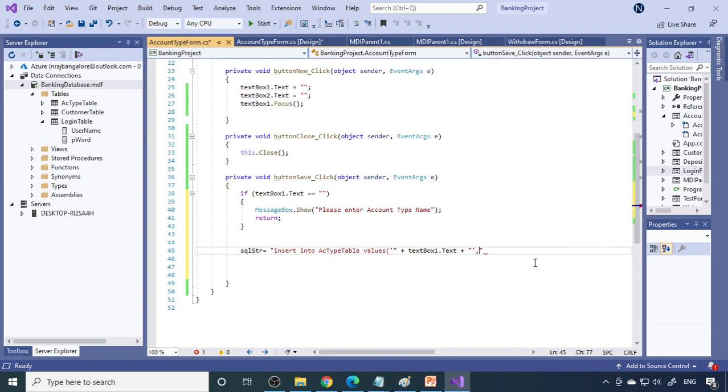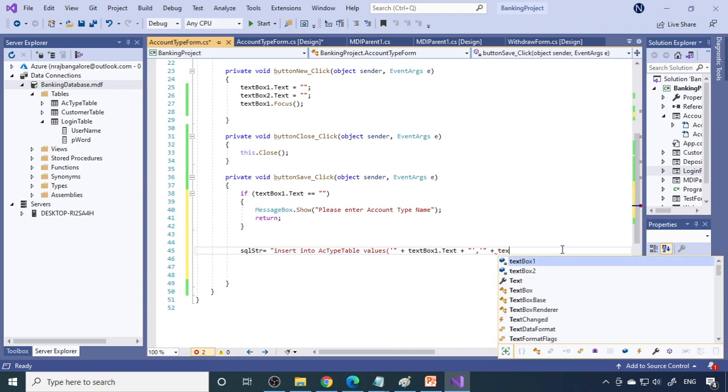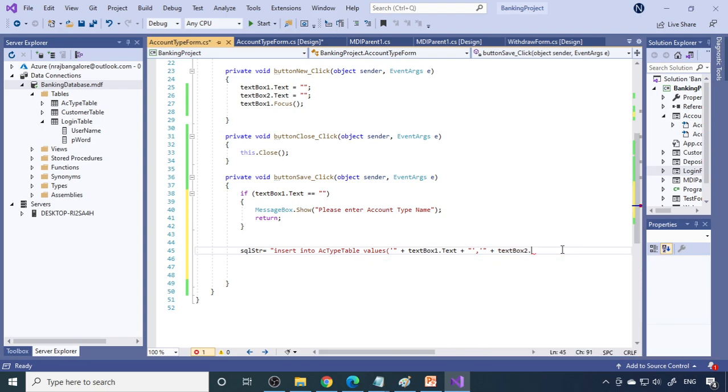Second value, comma, single quote, again double quote plus. So here text box 2 has to come. So therefore it is text box 2 dot text plus double quote single quote and you have to close the bracket. So this syntax should be in order, okay. There is a small mistake, it won't work.